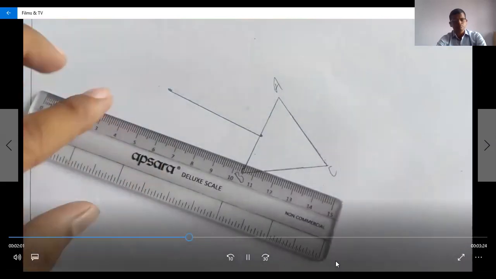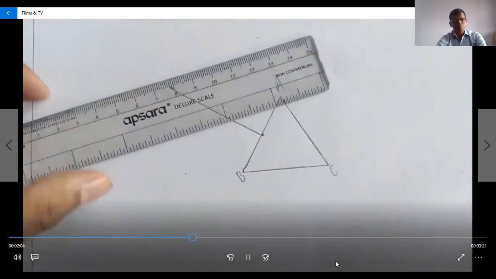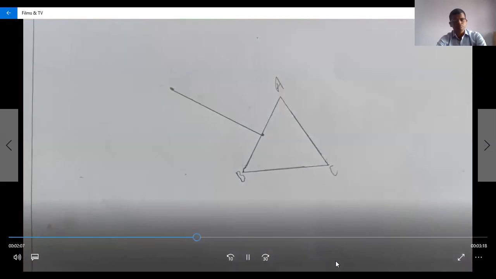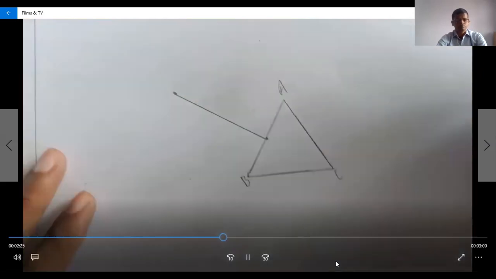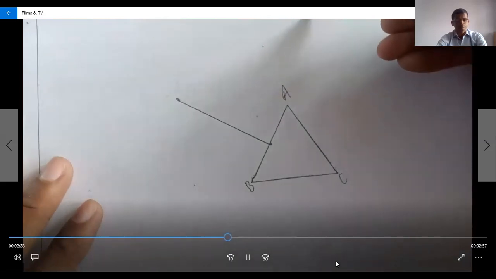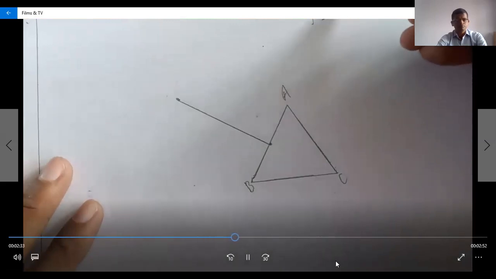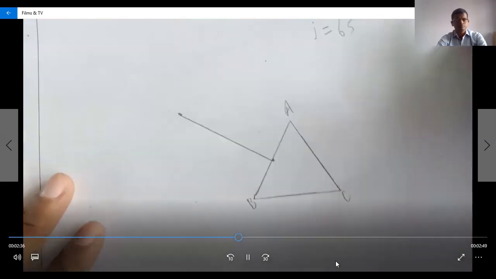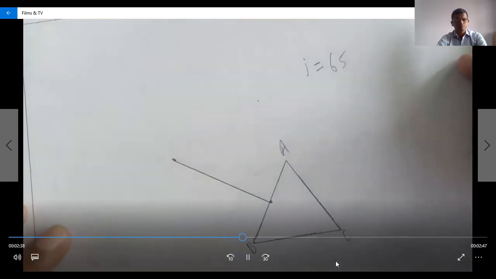This process is common whenever you perform this practical, at any angle. First you put a prism in the center, then draw a triangle, then mark the points A, B, C, and on the surface AB you find a center point, and at the center point you take an angle of 90 with the help of a protector. Today we perform the first angle, the angle of incidence. Here we show the angle of incidence i equal to 65 degrees.